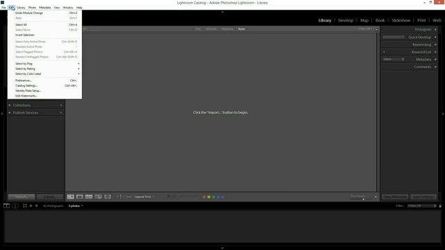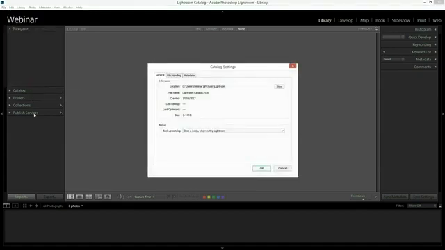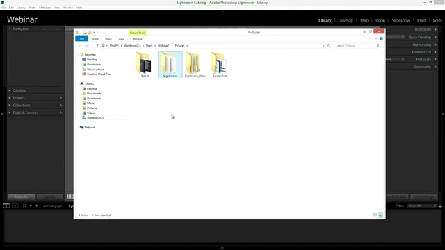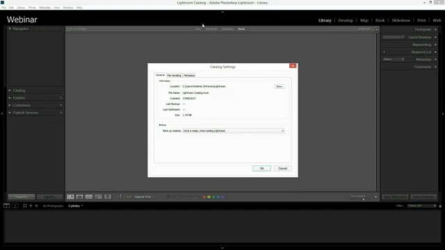If you want to locate your catalog, if you go to the Edit or the Lightroom option, you simply select Catalog Settings, and it comes up with an option here then, and it'll show you where it is. You can see the location here, and you can simply click that, and it comes up and it'll show you there exactly where it is located on your computer. If you delete this, you will unfortunately lose the information, the edits you've made to your photographs. You won't lose your photographs. You can't delete your photographs by deleting a catalog, but you lose any changes that you've made. So for that reason, I do recommend you also back up your catalogs at least once a week. So you can choose when you want to back them up. It'll prompt you when you close Lightroom if you want to back